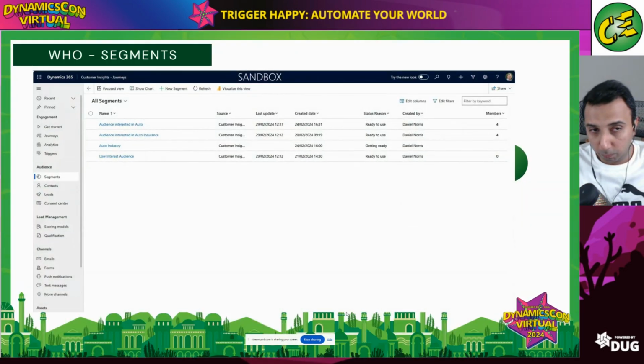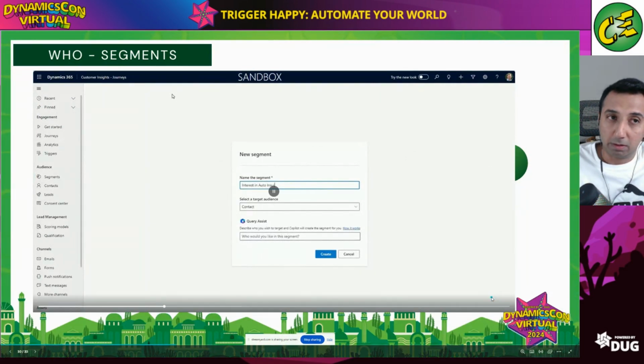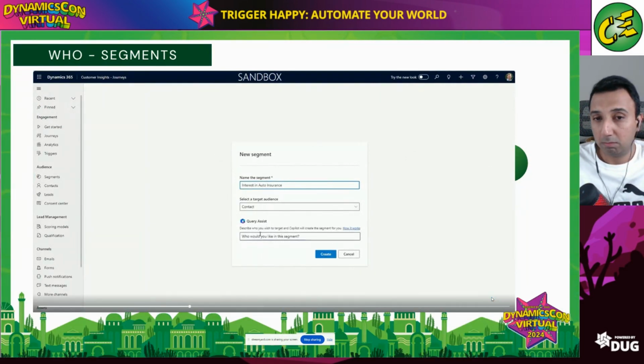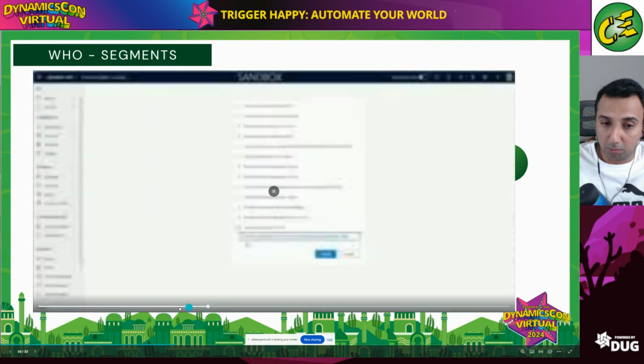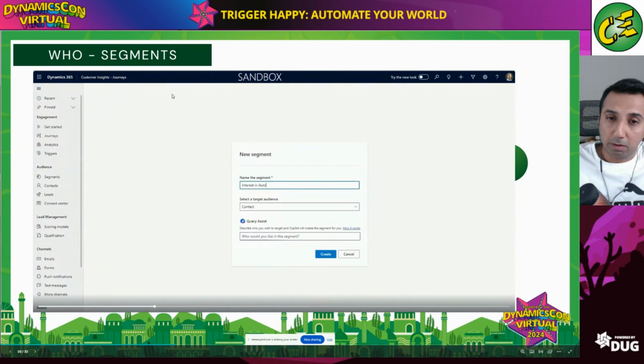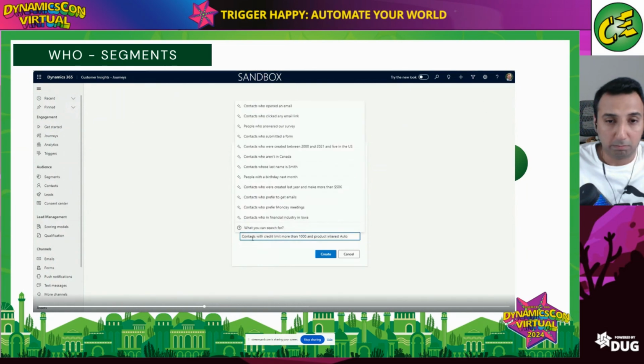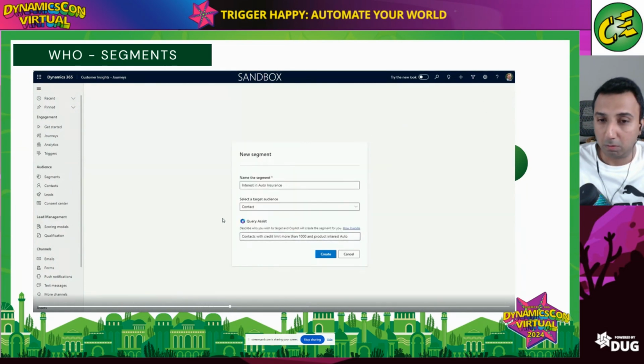Starting with who. Who means who we are sending out the email notification to. You can see we can create segments over here. Microsoft gave us out-of-the-box functionality from AI. We can create a list of segments through AI by writing what we want. As you can see, all the contacts which have a credit limit of more than thousands in the product interest auto,